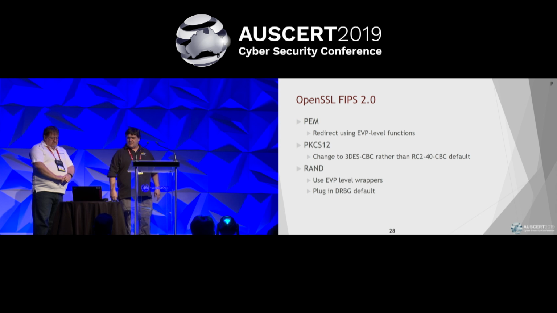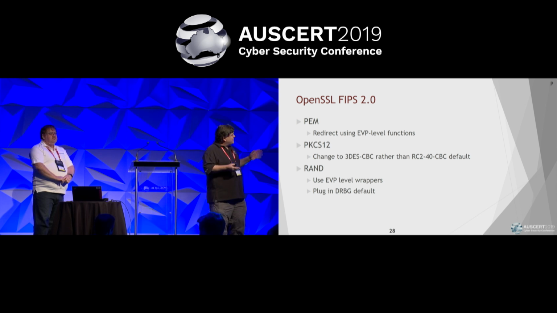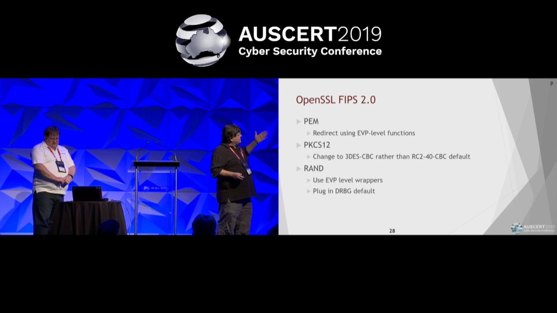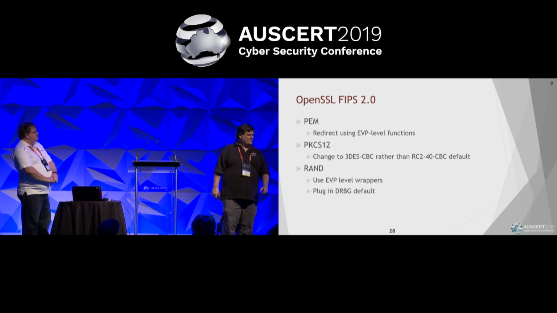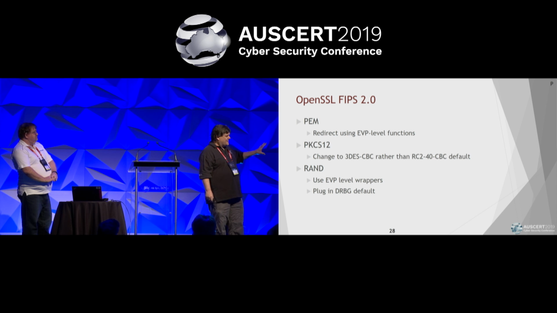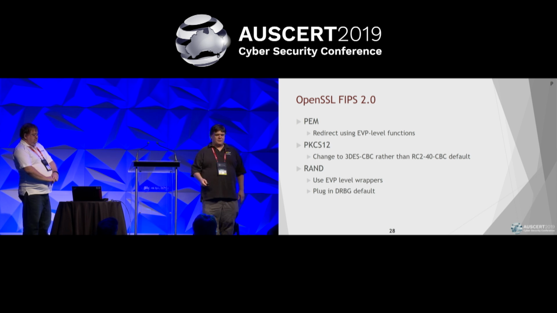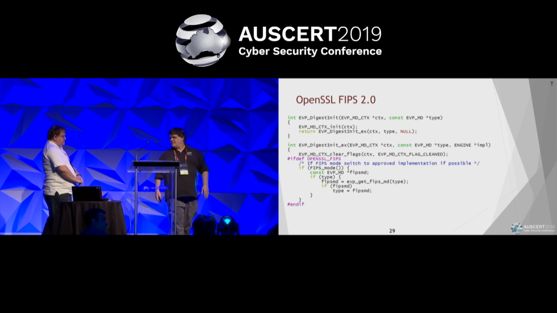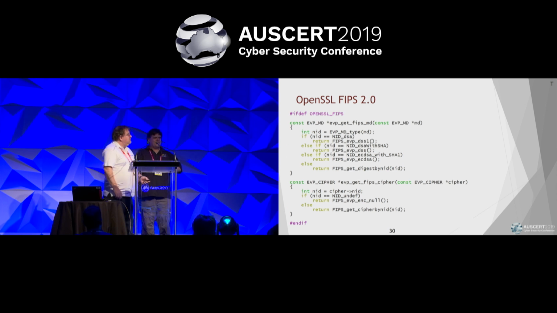And also in the library, different components. Again, PEM. Why do you need FIPS changes in PEM? Why do you need FIPS changes in PKCS12? FIPS doesn't go there. The RAND, I can understand. FIPS does talk about random number generators, so that's plausible. But these changes are just huge and widespread. And Tim will actually run through some code just to show you how enjoyable it is.